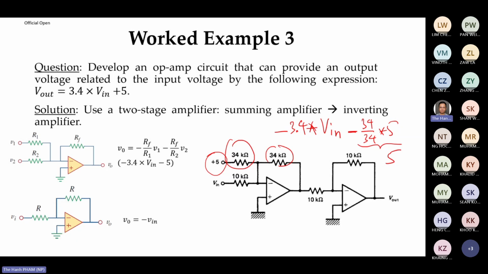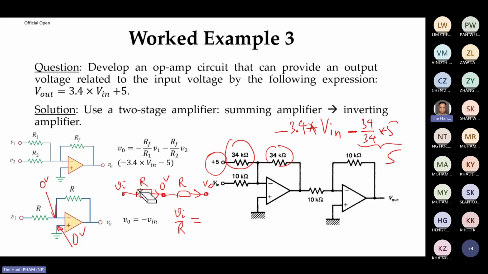Inverting amplifier. So how come V0 is minus V in? Now, this point is 0 volt, and this point also 0 volt, right? So what you can see is Vi, you go to R, you go to 0 volt, then you go to R, you go to V out. So from here to here, the current here should be Vi over R. Of course, this current must be the same as this current,